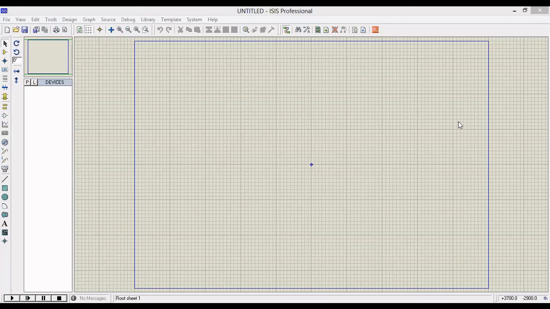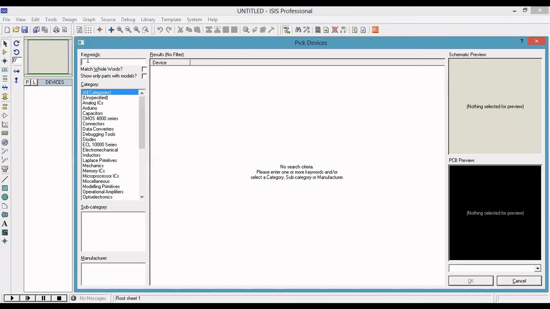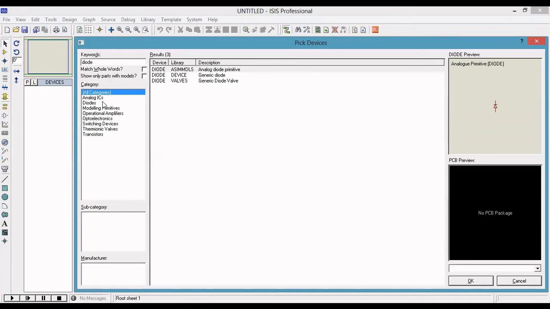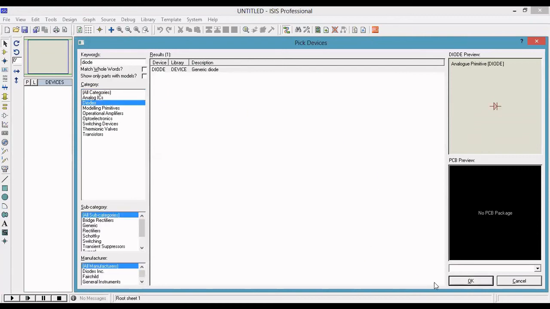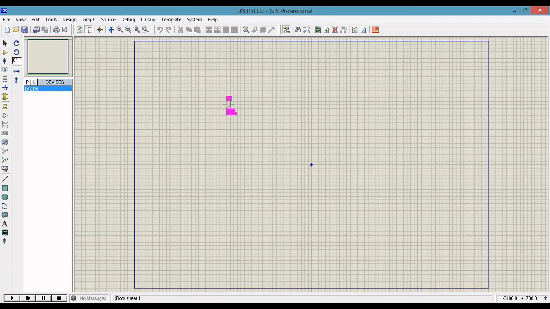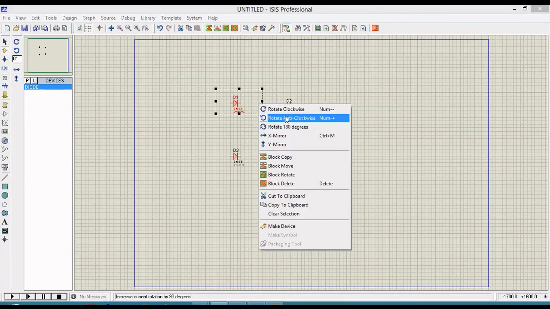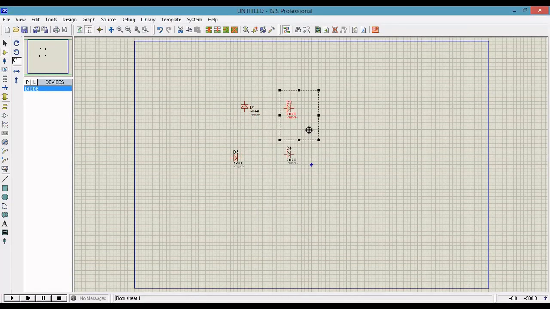So you are already familiar with this Proteus software. First you have to go to the components mode, and I'm going to take 4 diodes. So type diode. We need 4 diodes. Just rotate the diodes. This is called a bridge rectifier.